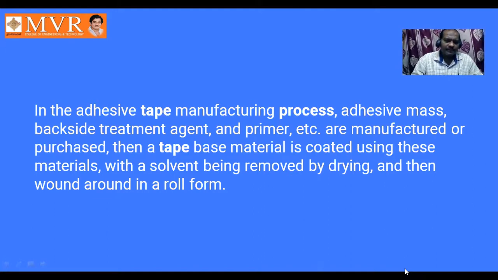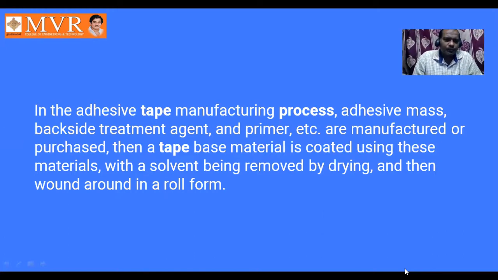And tape sometimes will be used for joining two cardboards. Sometimes tape will be used to conceal the electrical wiring. That means to prevent shock, we are going to use tape. So in this class, we are going to learn how this tape is manufactured, what are the elements in this process, what is the procedure we can adopt, and what are the different types of tapes that are prepared by the method we are discussing.